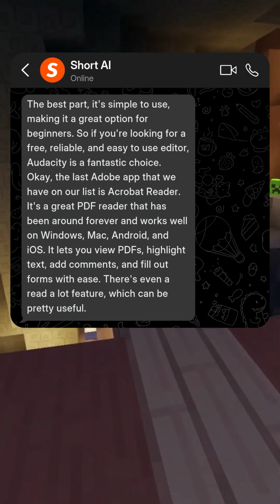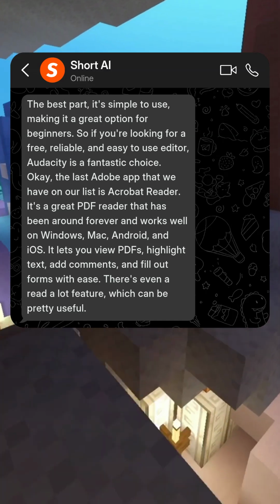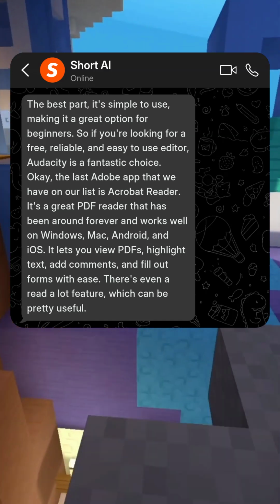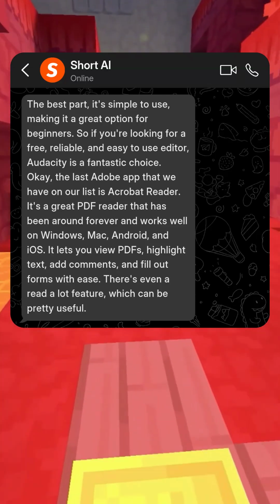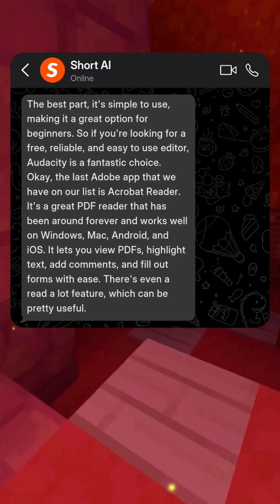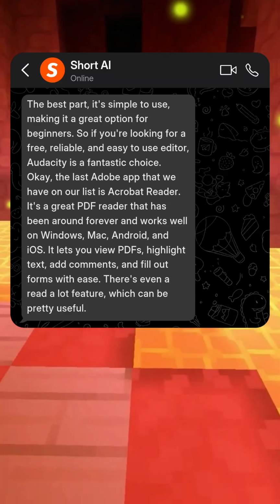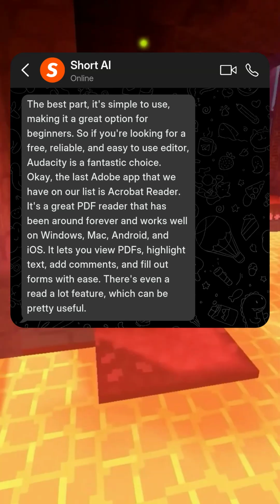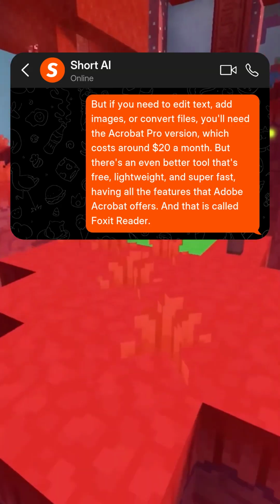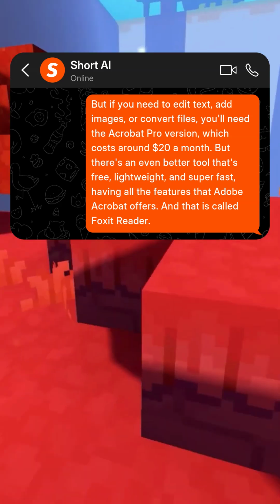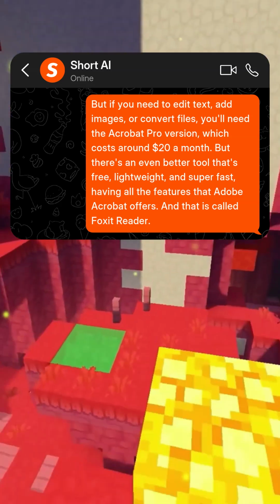It's a great PDF reader that has been around forever and works well on Windows, Mac, Android, and iOS. It lets you view PDFs, highlight text, add comments, and fill out forms with ease. There's even a read-aloud feature, which can be pretty useful. But if you need to edit text, add images, or convert files, you'll need the Acrobat Pro version, which costs